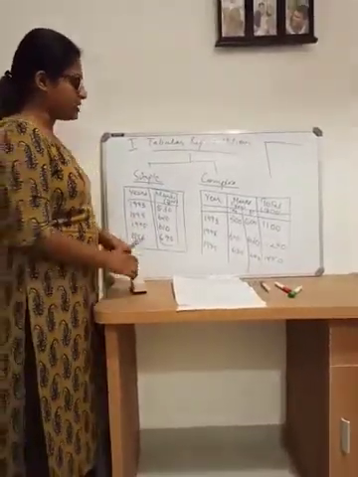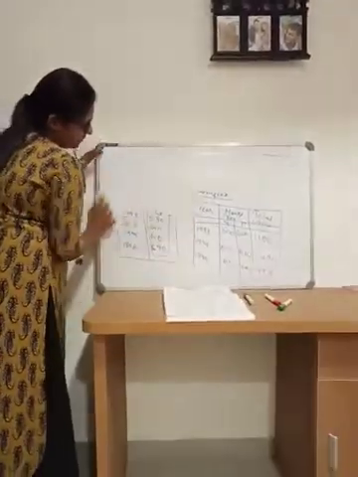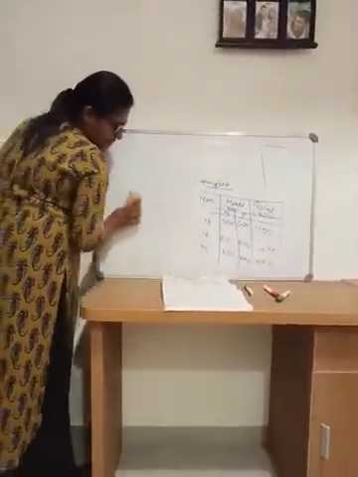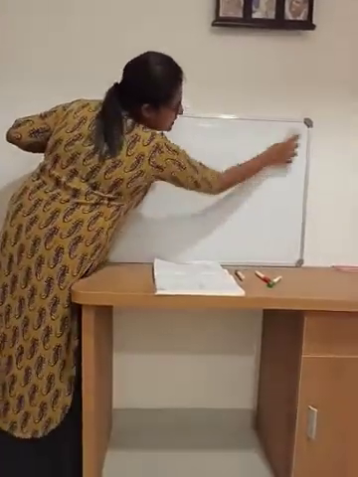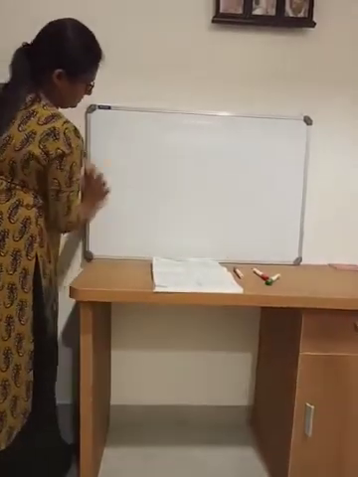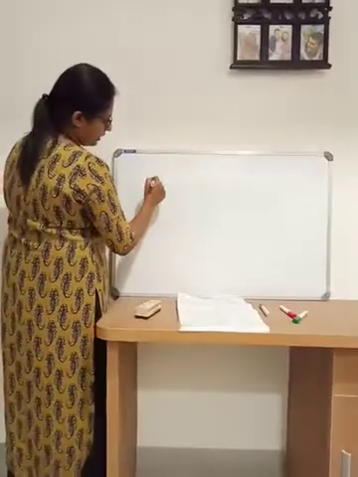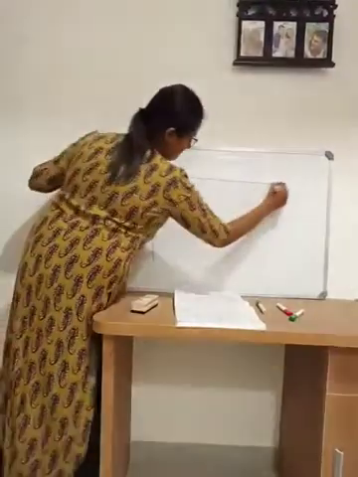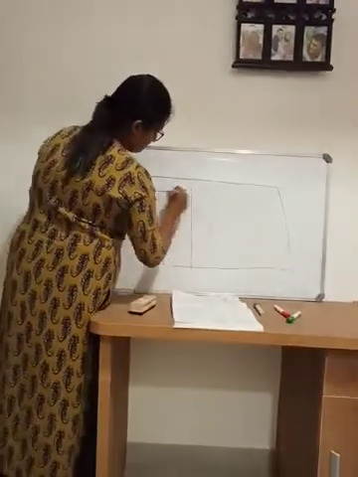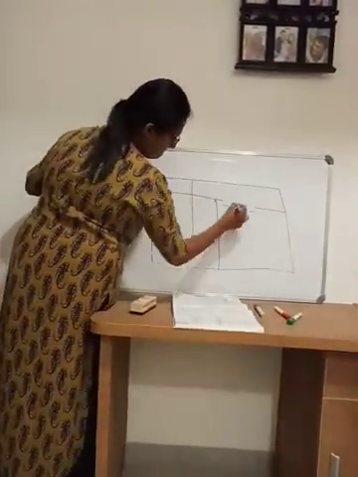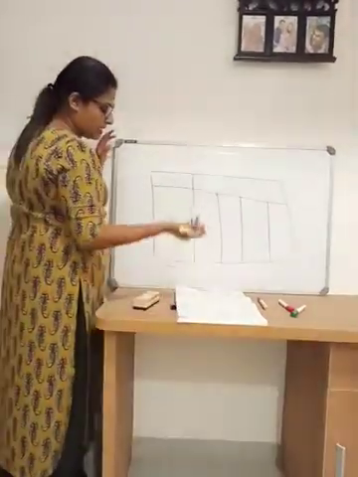And I have to tell you something. Before preparing a table, you have to keep something in mind. So these are the characteristics of a good table. So the first one is the table. Before that I have to draw a table. So this is a table and the first one is the table number.